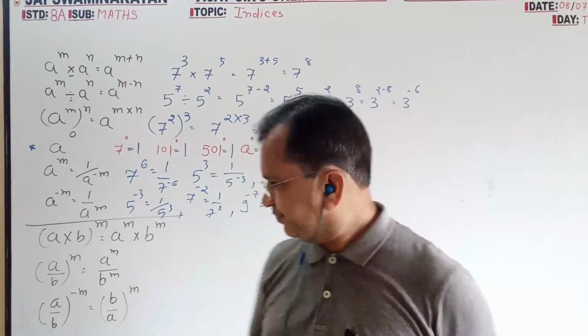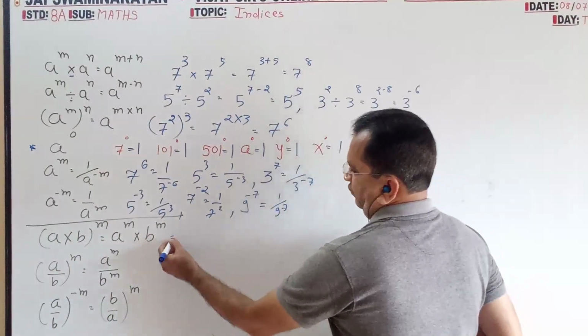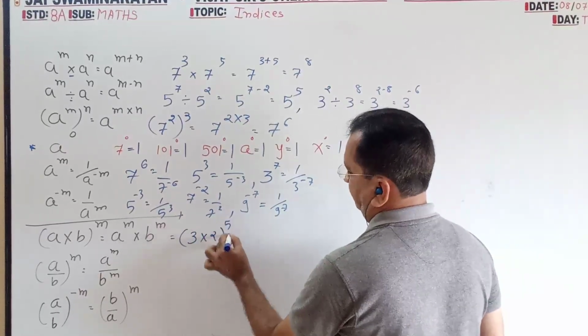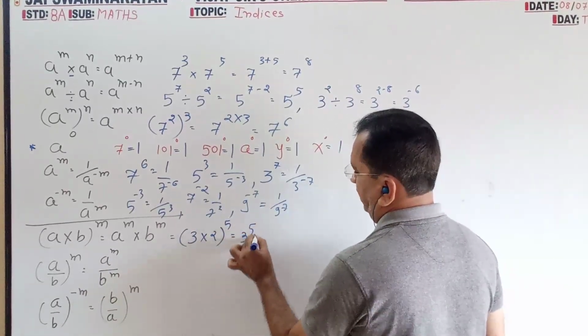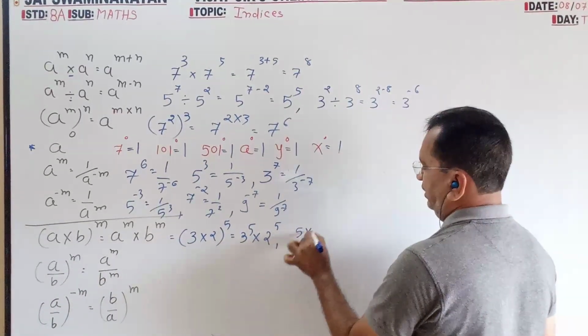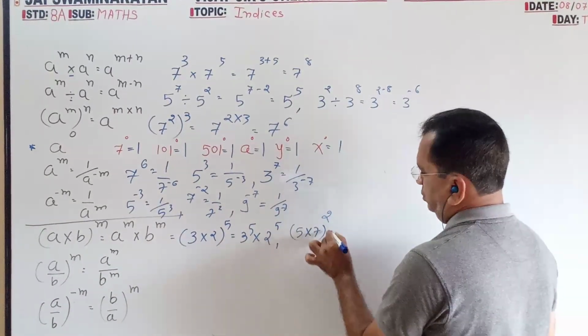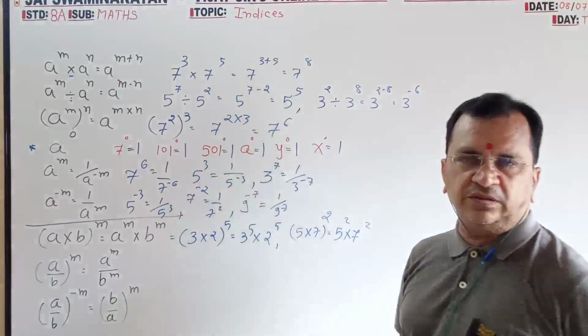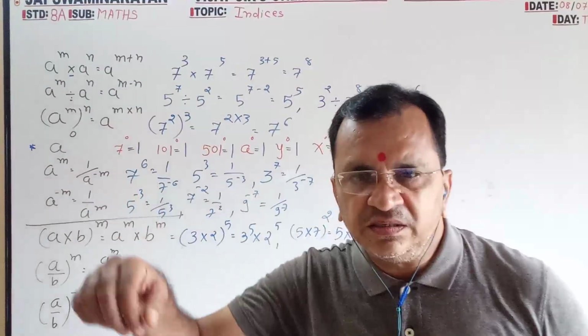See how. For example, 3 into 2 overall power is 5. So 3 raised to 5, 2 raised to 5. If it is 5 into 7 raised to 2, so 5 raised to 2 also, 7 raised to 2 also. If the power